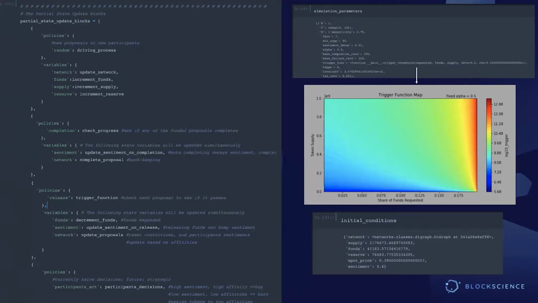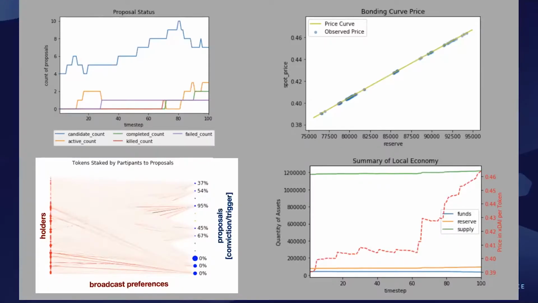And so we build out this sort of differential equation, this business logic differential equation. We set the simulation parameters, which you can see in the upper right. We set the initial conditions that you can see in the lower right, and you get results. So this is a sampling of outputs from that system. You've got proposal statuses, token prices, our bonding curve holding on its invariant, and a snapshot of the holders and their holdings, their preferences being broadcast, and how the proposals are charging up with